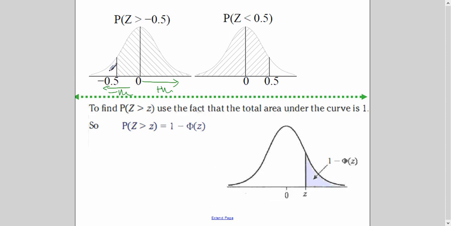Then we use the concept of symmetry. If you look at this diagram and this diagram, if I have minus 0.5 here, then I will have plus 0.5 here, and this area will be equal to this area. Agreed? So whenever you have a negative Z given, you will use the symmetry concept and find the probability accordingly. So in this case, I will find the probability of Z less than 0.5, which is equal to this case. You don't need to learn this by heart. You will understand the concept and you can apply it in any situation. And we will see here.